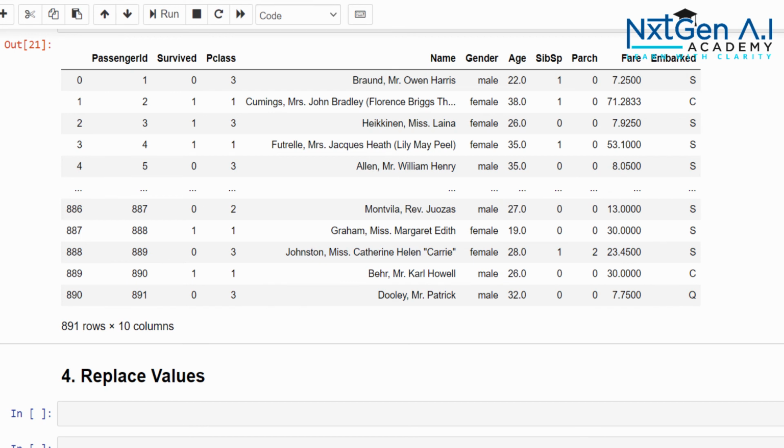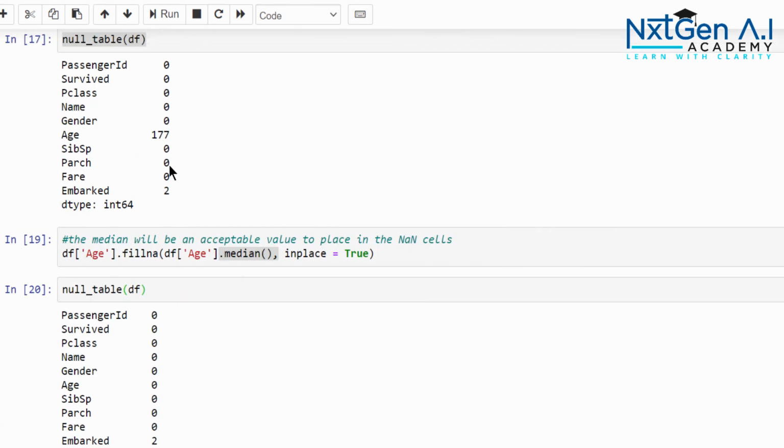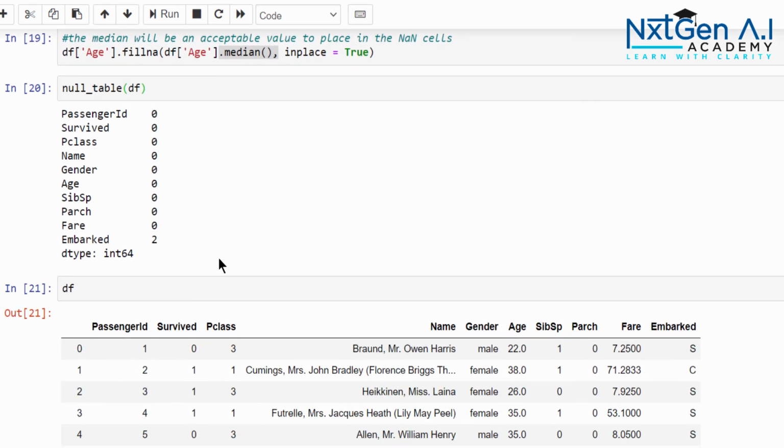Initially this value was NaN, now all the NaN are filled with 28. So it will sort and get the middle value, that is called median. In our example, the median is 28. So age 28 is assigned to 177 passengers. This is one way of doing it, and still for embarked we have 2.